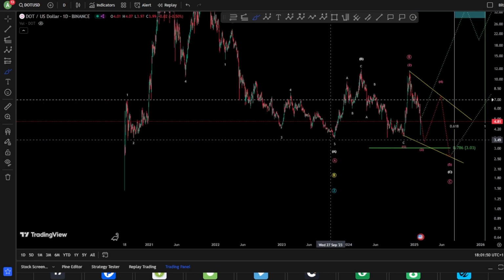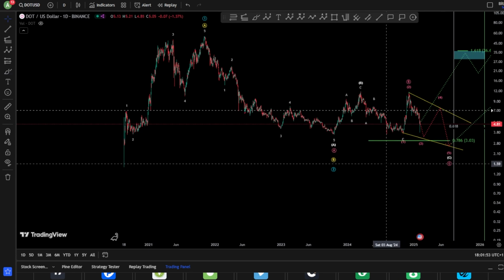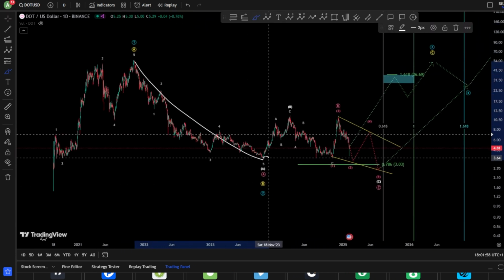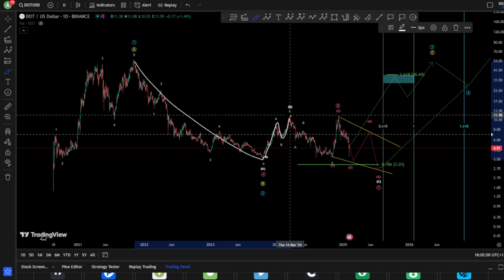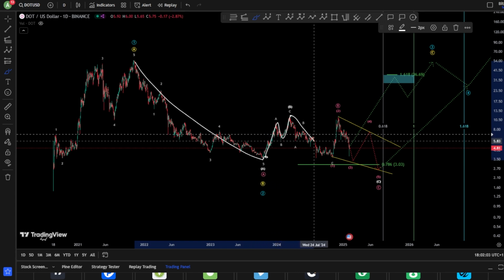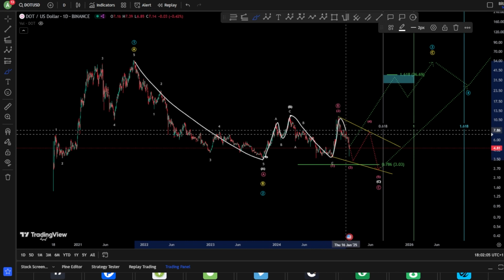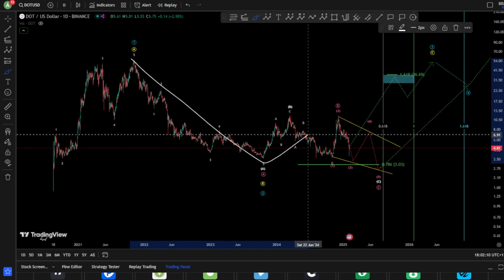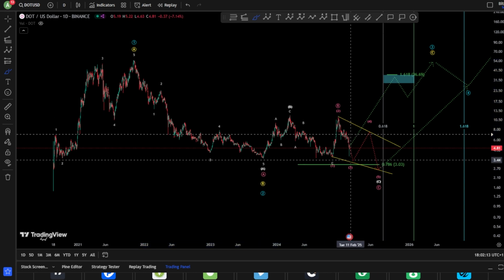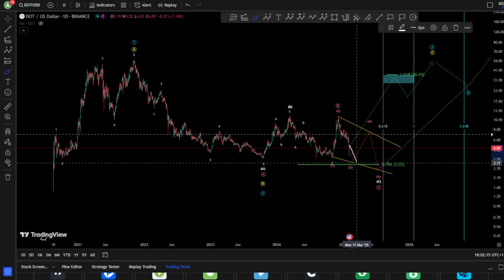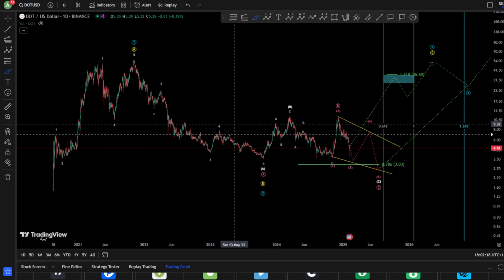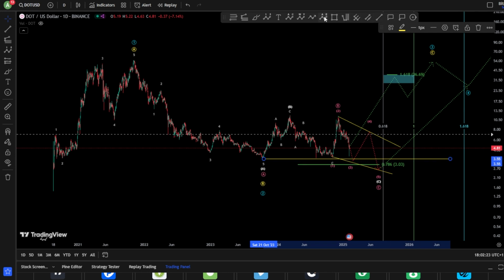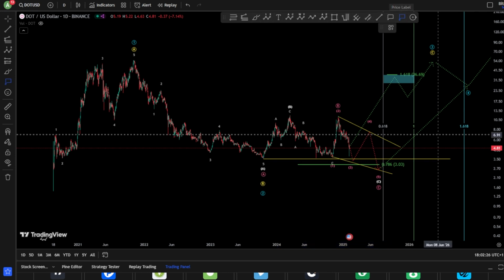So in this case scenario, I would say this wave ABC in magenta is still unfolding, where we have an A with an impulse, and then ABC probably as a correction, and then of course having a massive wave 1, 2, 3, 4, and a 5 to finish in an ending diagonal, meaning A, B, and a C. So for this scenario, in case we still get one more low and we take the low, meaning if we take exactly this low here, here we go, the price is exactly at